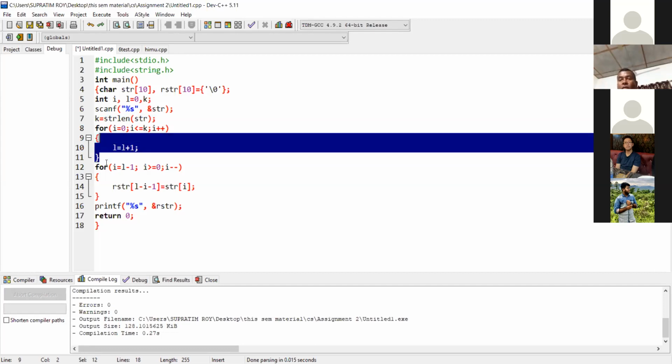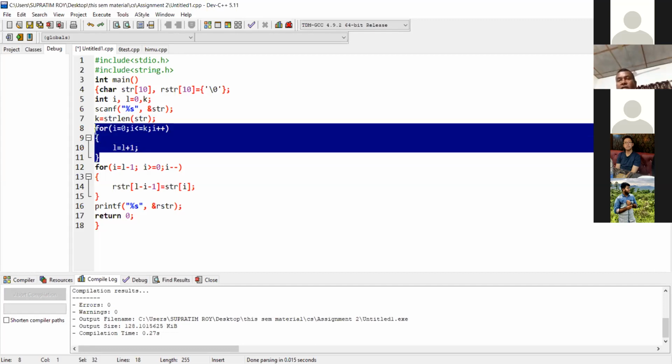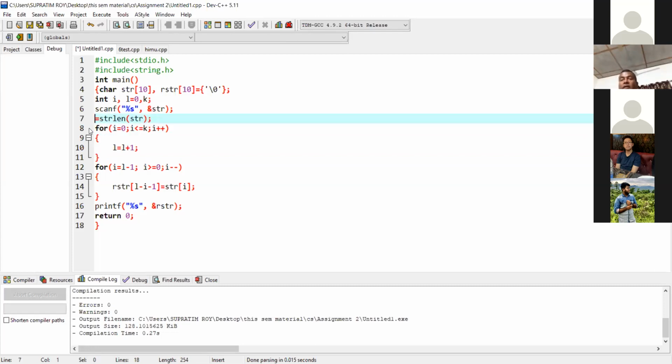So that means I have to delete this part. Yeah, you just delete it. No, you just delete k. K is not required, no? Fully, so strlen line also. Full line. Yes, sir. Okay. Now L holds the what? L holds no. You have to say here null pointer, na?